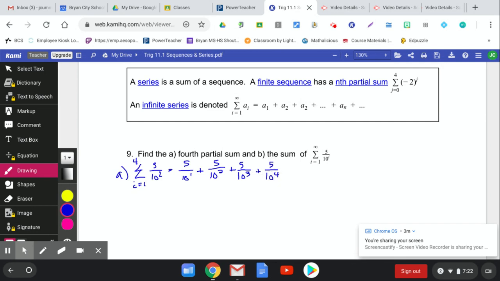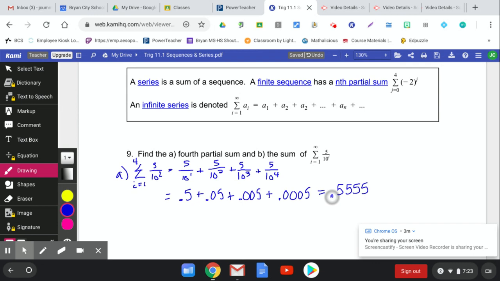Now, let me show you what that is. I want to write that in a different way. This is 5/10. Let me write that as a decimal, 5/10. This is 5/100. This is 5/1000. And this is 5/10,000, whatever. And when you add that all up, you get